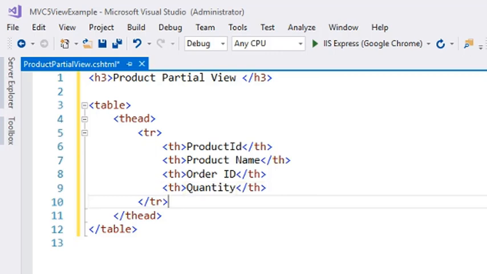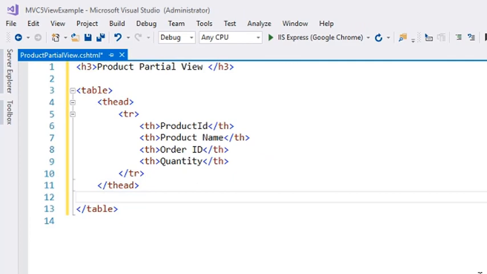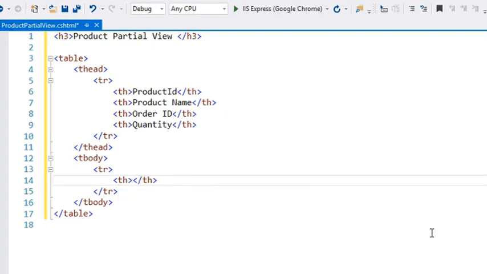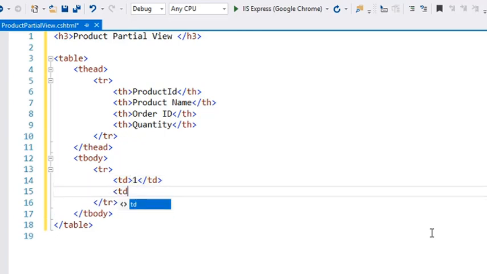So these are the 4 columns for the product table, and we can say the table body. We will create a table row inside the table body, and we can provide the table data to the product table. So first one is the product ID. I can say the first product ID is 1, and the product name is, I can say, a laptop, or we can say Dell laptop,